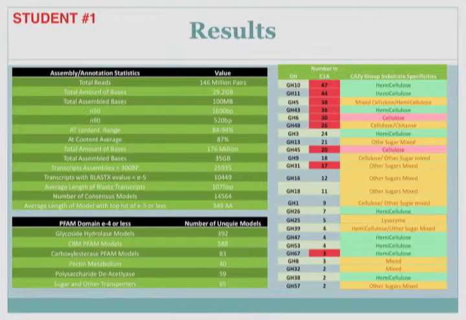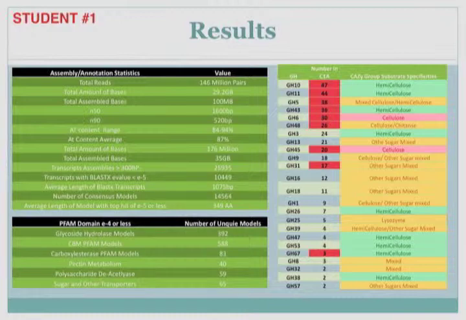If we look at how the genome came out, we have around 100 megabases of assembly. This was from 146 million paired-end reads from the Illumina. We have an N50 of around 1,600 base pairs with an N90 of 520. The AT content ranges anywhere from 84 to 94% on the contigs, with an average AT content of 87% for each contig. For the transcriptome, we had about 176 million read pairs, which resulted in around 25,935 transcript models